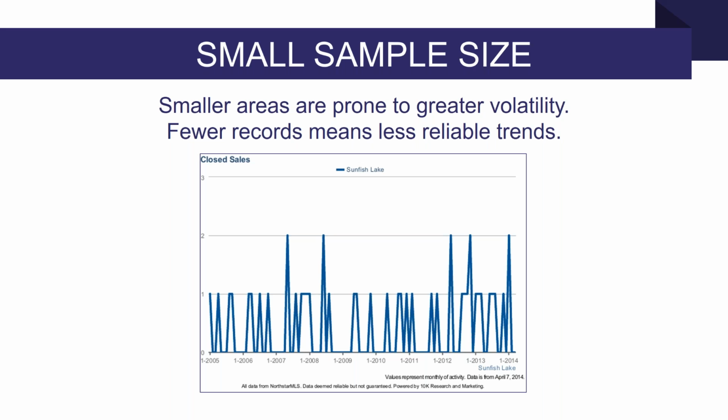Small sample size, especially with Infosparks, but also in some of the regional reports. Some areas you might see jagged lines in the charts. What that's telling you is that you've got more inconsistent data, usually due to a small sample size. So in particular with Infosparks, you can drill into a very narrow price range, do new construction, single family of only 3 bedrooms, and only 2,000 to 2,200 square feet, and you could drill yourself down to literally 0 or just a couple of listings.